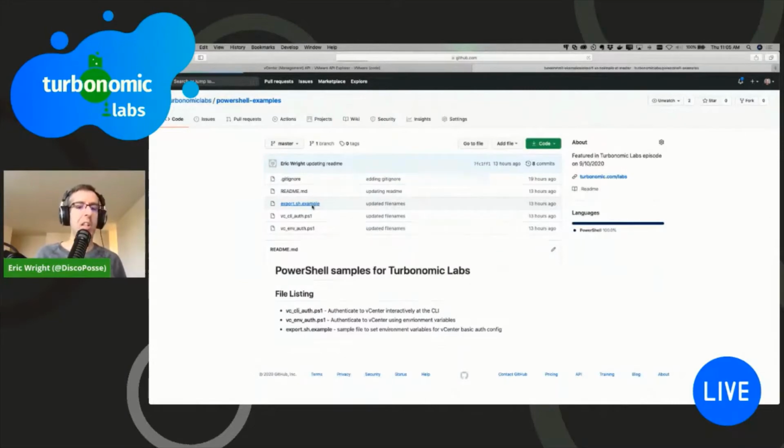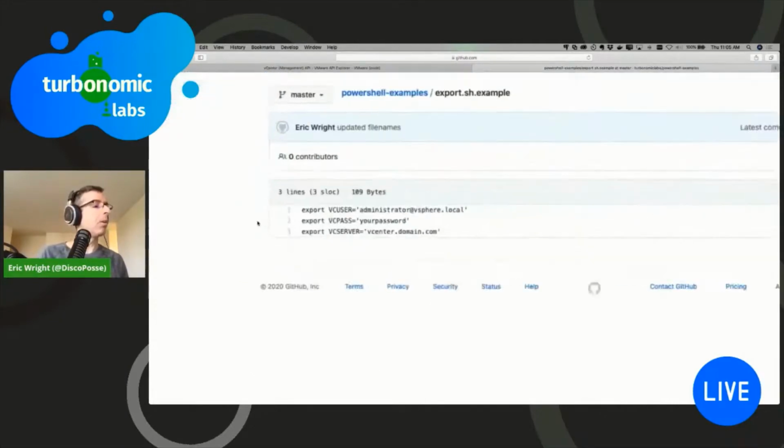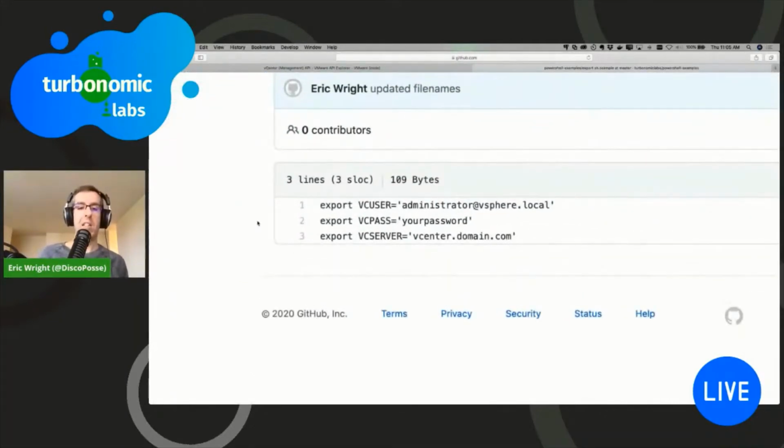And if we take a look at the example in this exports file, it is literally just 3 environment variables that we're going to use, which is VC user, VC pass, and VC server. So you're going to store these ones locally. It's running from your machine, so you should be fairly safe. Again, ideally, we should go one step further and use a vault or use something else, but we needed to